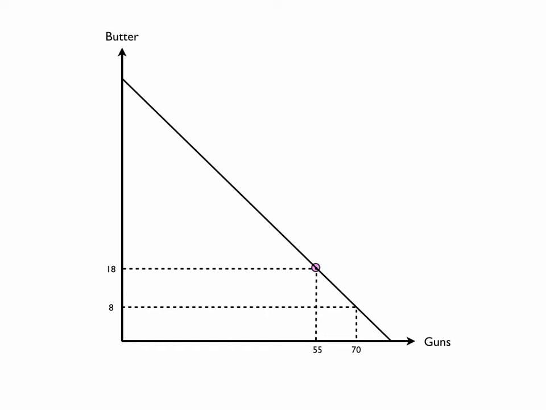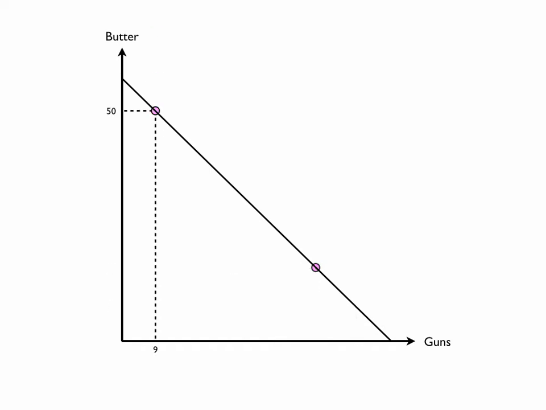And what we would look at is the increase in 10 units of butter was at the expense of 15 units of guns. So what we would say is the slope of this line is minus 0.67, and what we say is for each gun we want, we have to give up 0.67 units of butter, or for every gun we want to give up, we get back 0.67 units of butter. And that would be something that would be exemplified throughout this whole range on our production possibilities curve. For example, if we were to be up here, and we're going to have now 50 units of butter and only 9 units of guns.